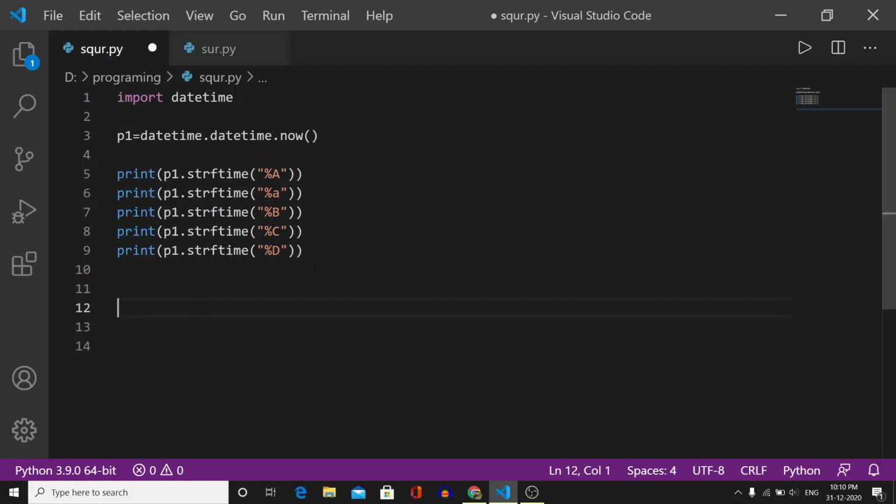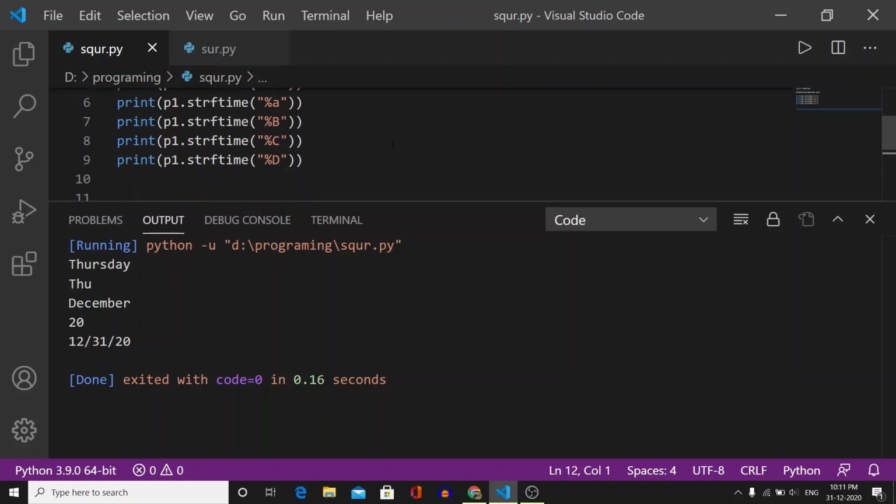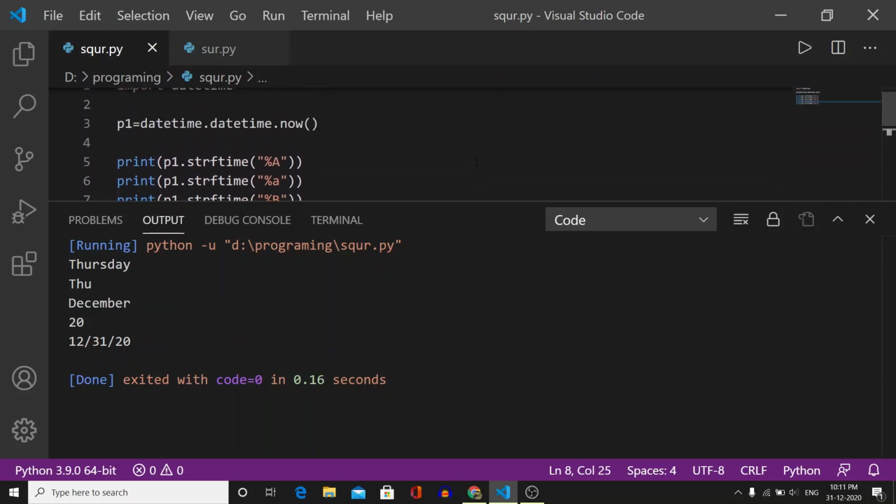So let's execute this program. Ctrl+S, and then we will run it. As you can see, B is going to display or print the month, and C is going to display or print the current date, and D is going to display today's date. Not only today's, if we are interested to know any date of a previous